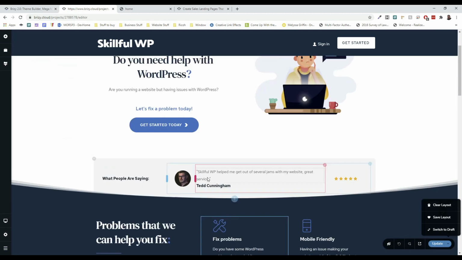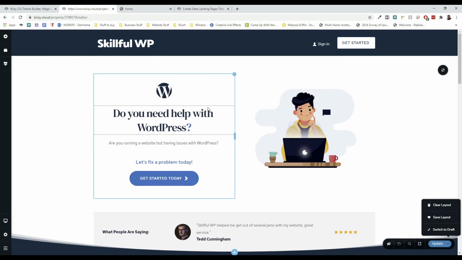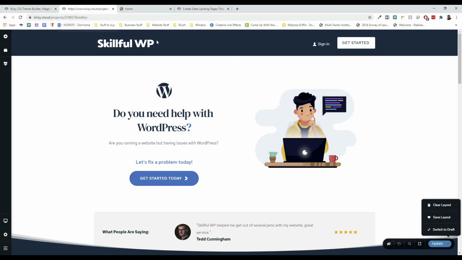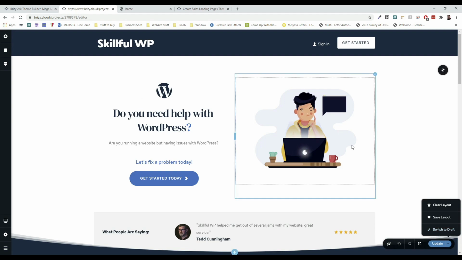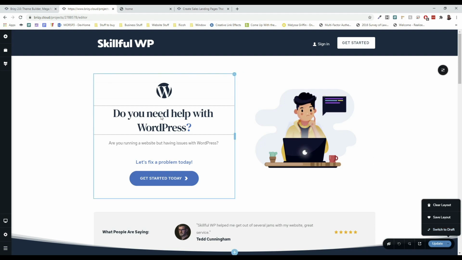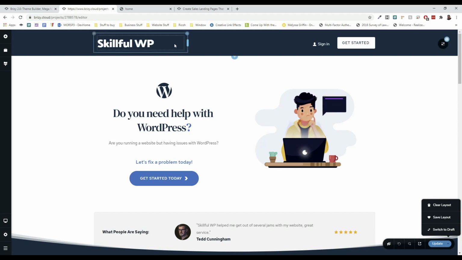As a matter of fact, it's one of the things that really makes them stand out. The fact that they're allowing this to happen and that you can use the cloud and WordPress at the same time is just really, really neat. And it's something that's really unique to Brizy Cloud. I haven't seen another builder do it. Not sure if another builder will ever do it, because this whole thing is just so unique to Brizy